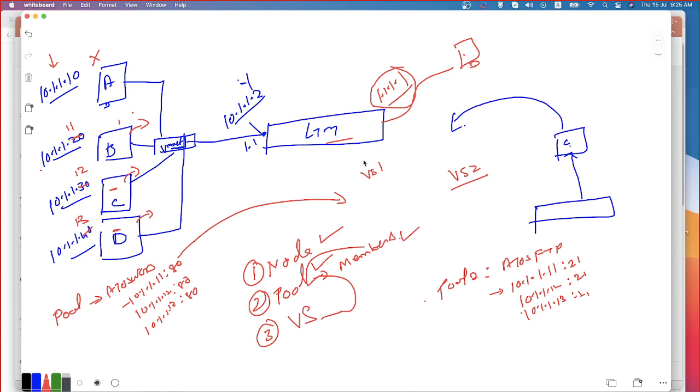See, what is the identification of a virtual server, Guru? It is an IP address plus port number, correct? How do you identify two port numbers in a single virtual server?